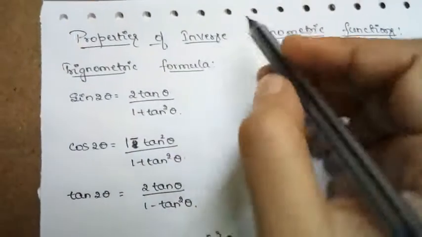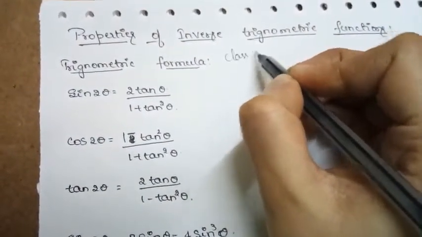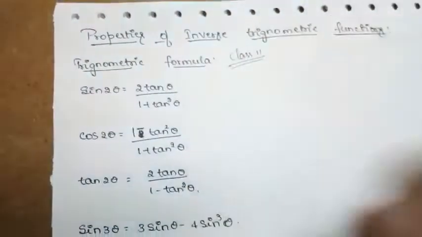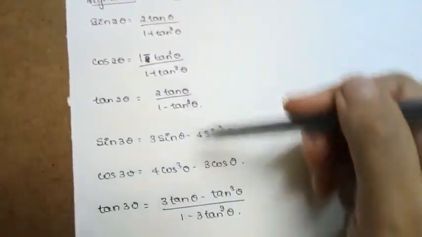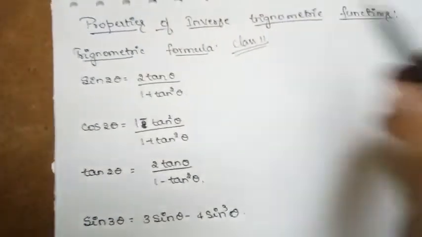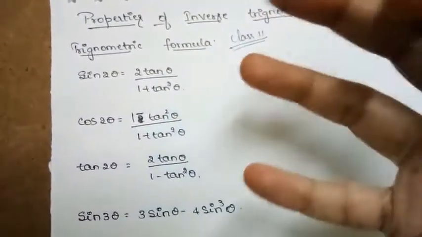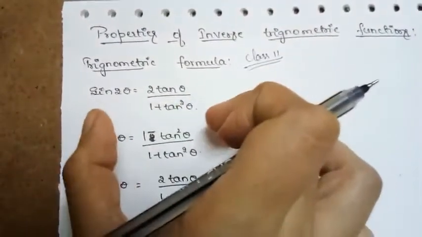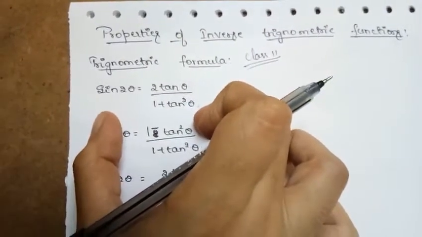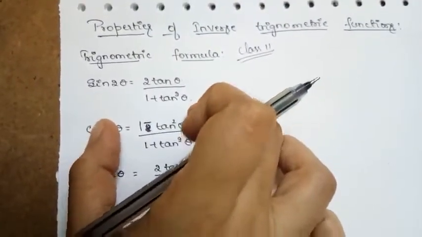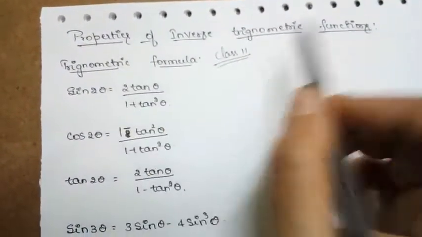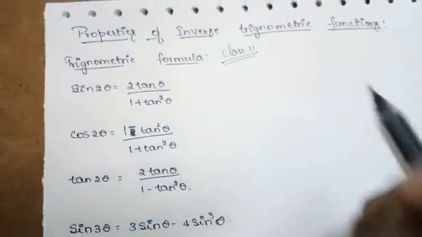In the trigonometry which you have learnt in class 11th, you have come across most of the properties or identities of the trigonometric functions. I have listed some of the properties here. I hope you all remember these properties by now. If you know the trigonometric identities, let us see in this video today how you can derive the inverse trigonometric identities.